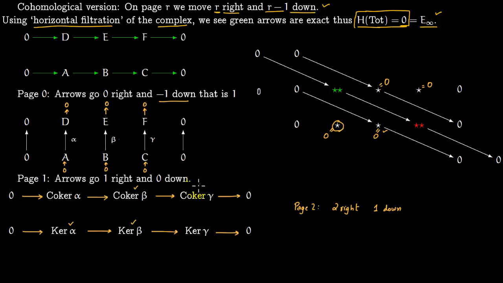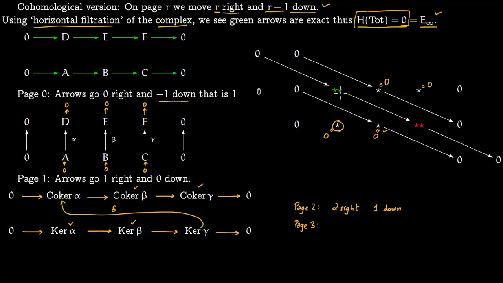This is 0, so you have exactness here. So now the only thing you want is to construct a map from here to here. Say this map is delta. So this is the map you want to construct. For this, notice that when we go to the next page, page 3,